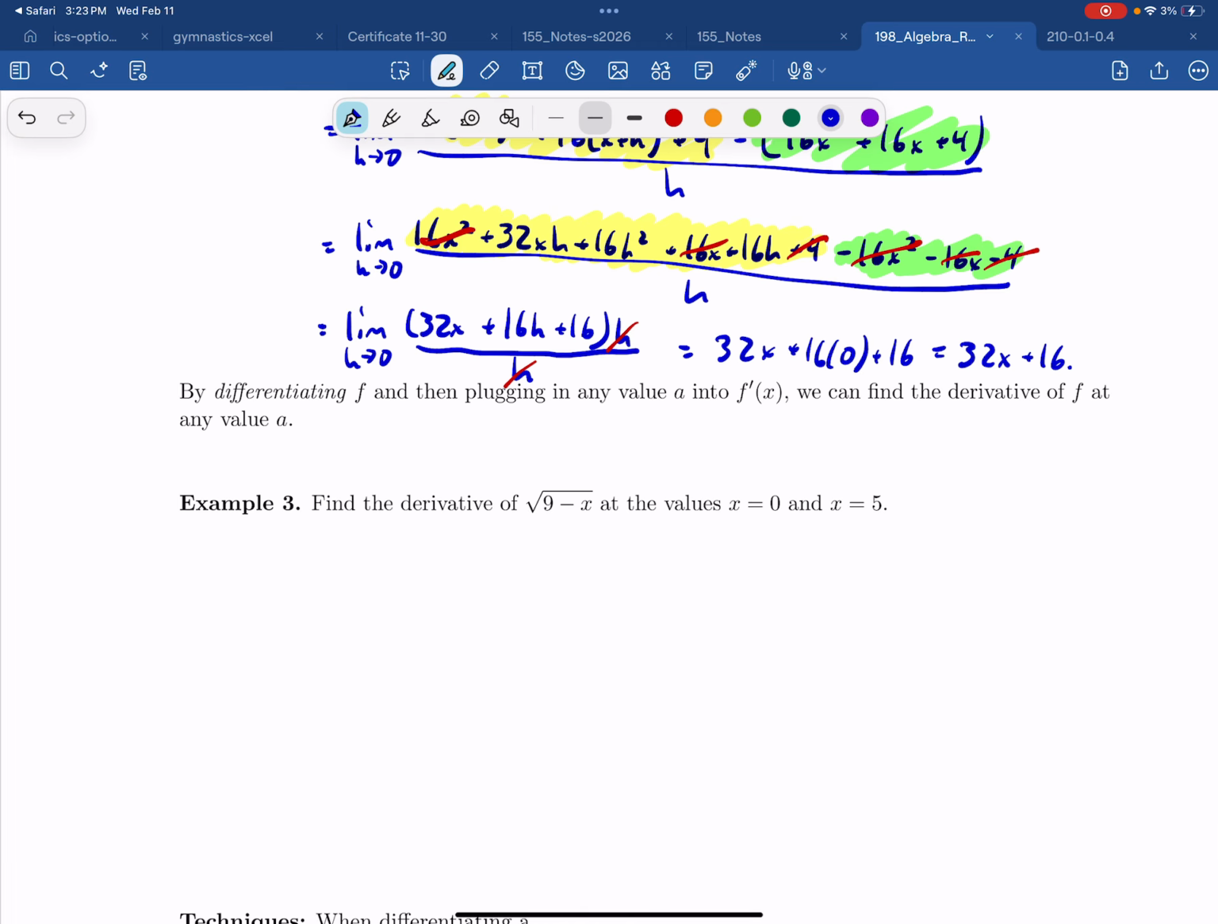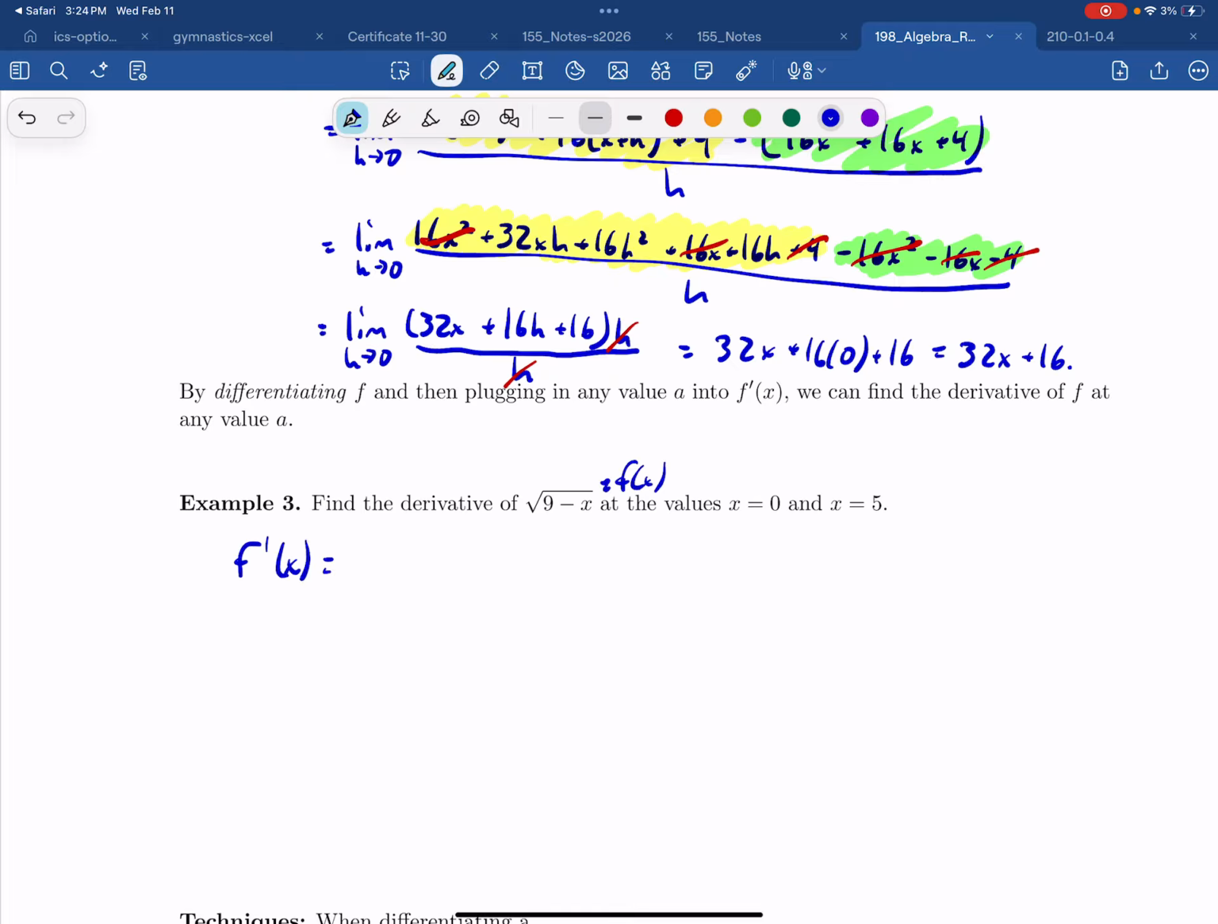Now, here's the nice thing about differentiating the function in general, and not a number. We can then plug in any value we want after differentiating, instead of doing that whole limit process with the number and then having to do that whole limit process with another number if we want the derivative at another point. So call this guy f of x,